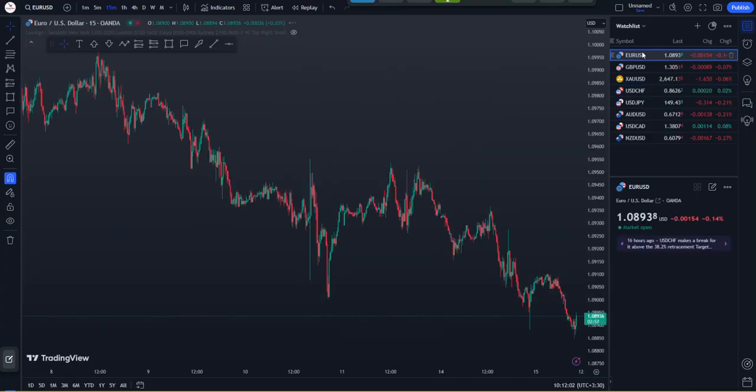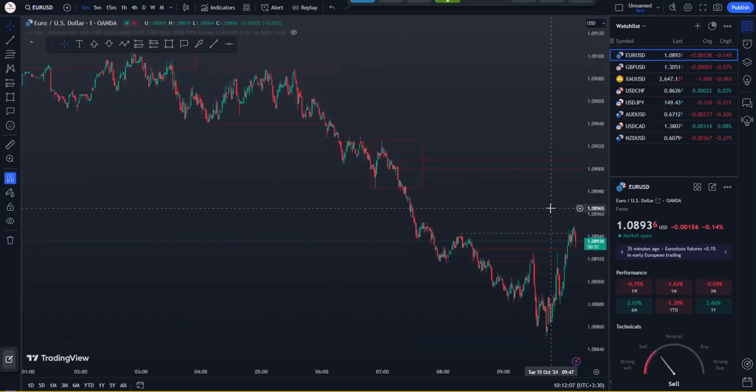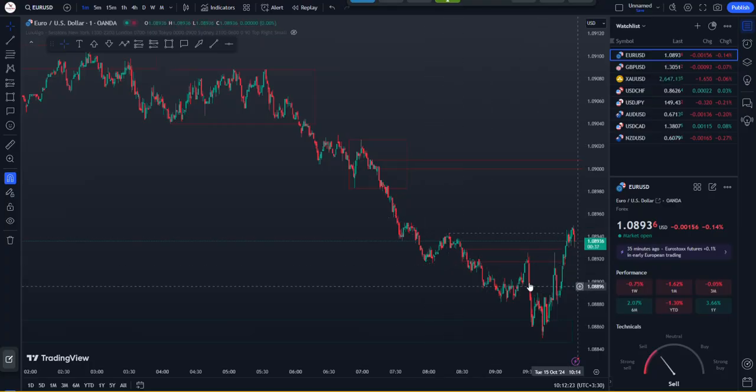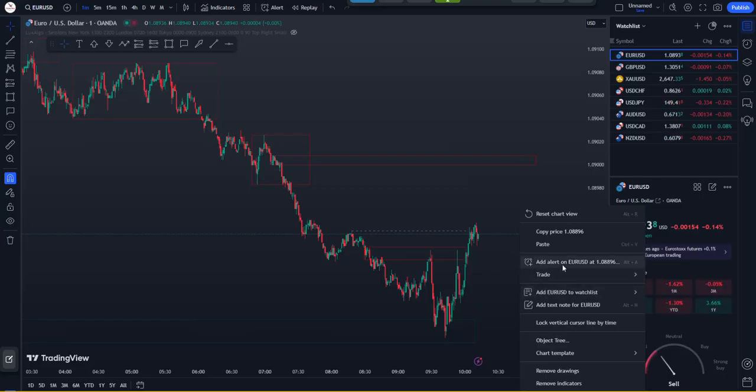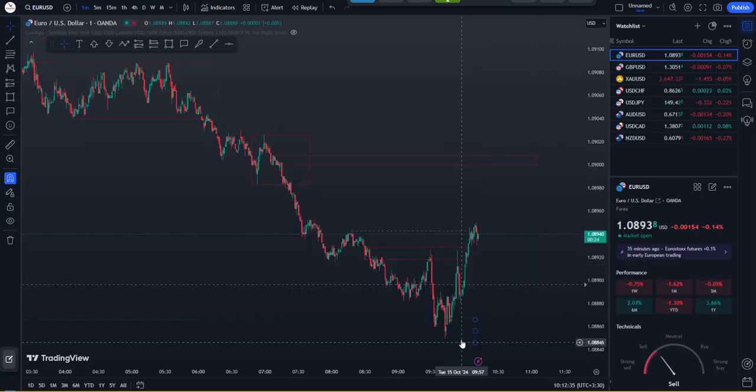Let's see what happened. Price on Euro USD is making this one inside of that. Absolutely, it is considered an engulf, and when price is making FO, I put my alert here actually. I put my alert here. When price is going back to there, I see what